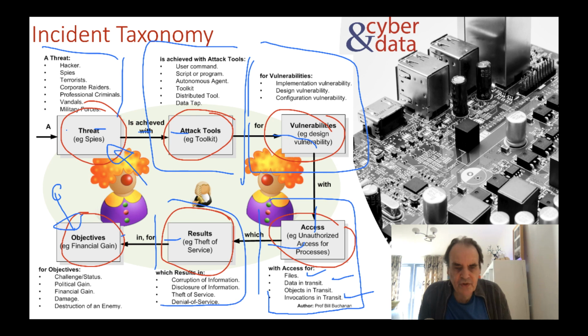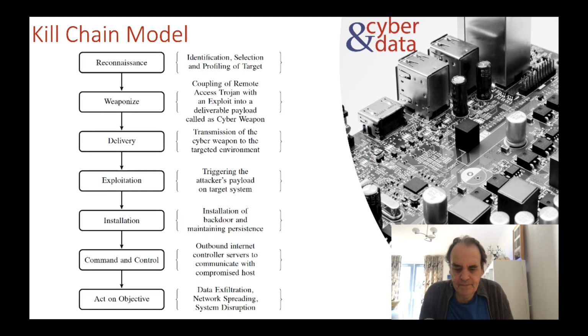Then there'll be a certain result, and that might be a data breach or a disclosure of information, a theft of service, denial of service, and so on. And then eventually there is some achievement of objectives. Typically this might be a financial gain, but it might also be a challenge, political gain, or damage and destruction of an enemy. So this is the kill chain model here,